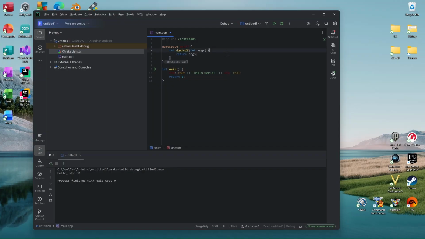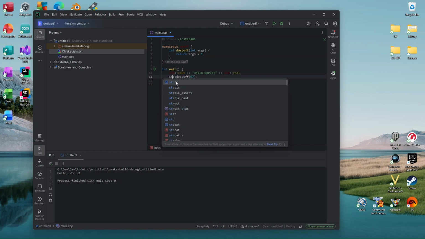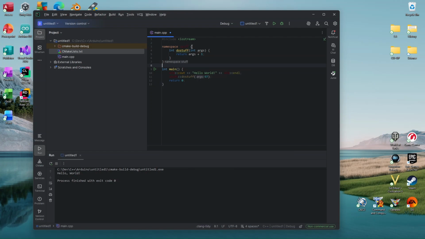So we could also do something like args plus 1, so we'll do plus 1 whatever you put here. And you see it's in a namespace, so if you weren't in a namespace, we'd just do stuff, some number. But that doesn't work because we're in a namespace. So we just do stuff and now it works. Usually it'd probably be like this. Namespace is there just to tell you what namespace it was. So now it works, and if we run it,